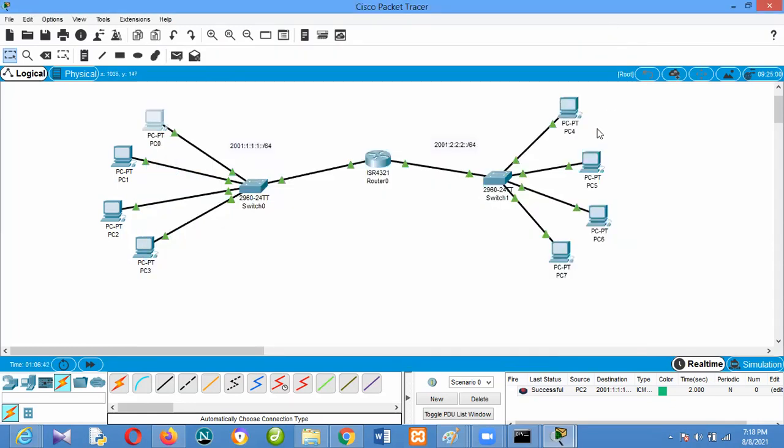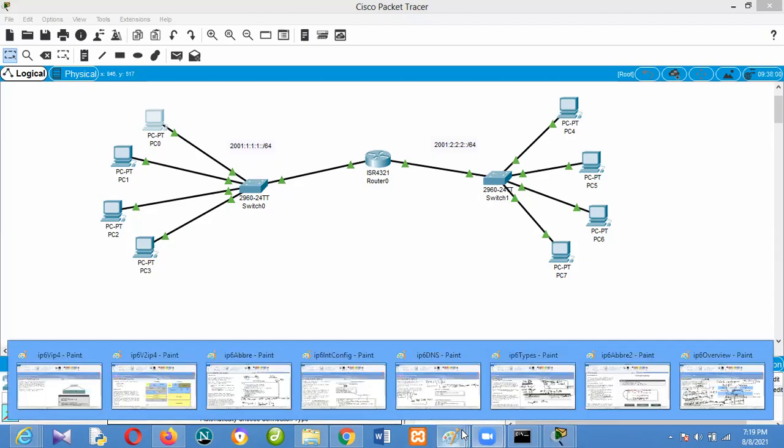So that is how to set up an IP version 6 address, and also the configuration. If you have any questions, you can ask before we start talking about other things.